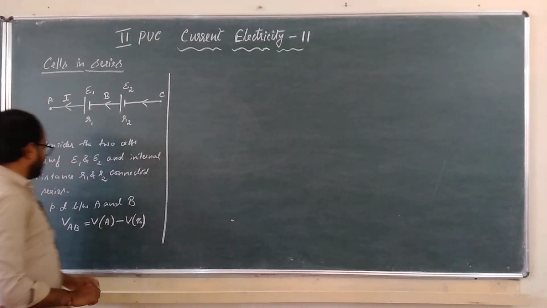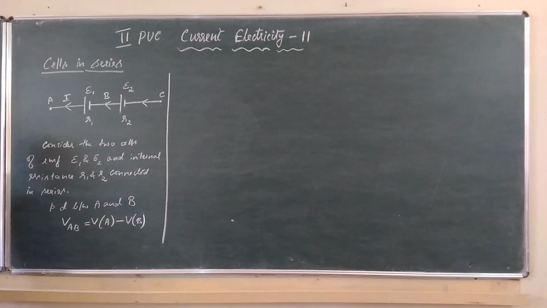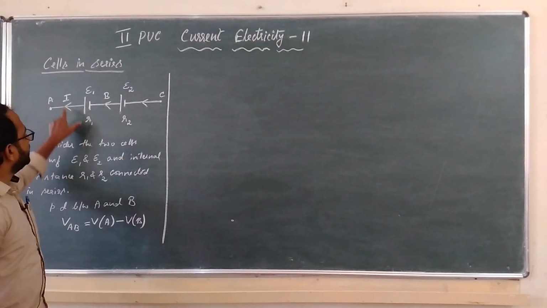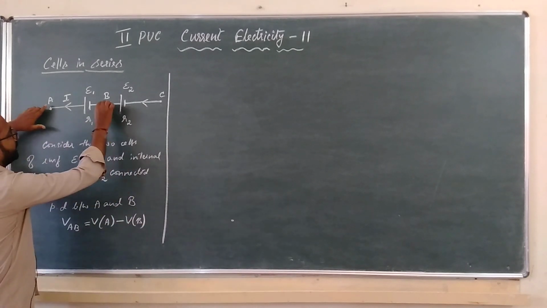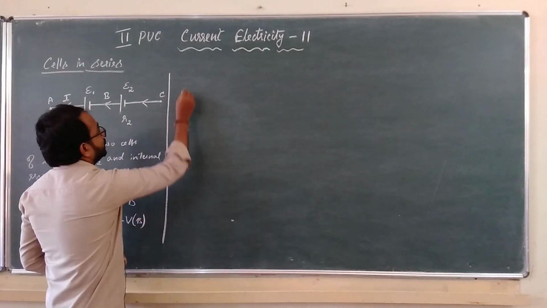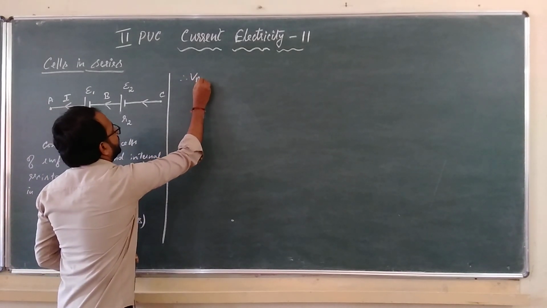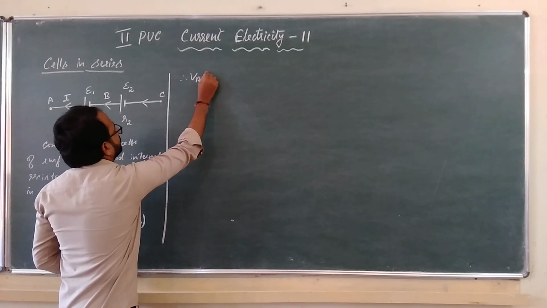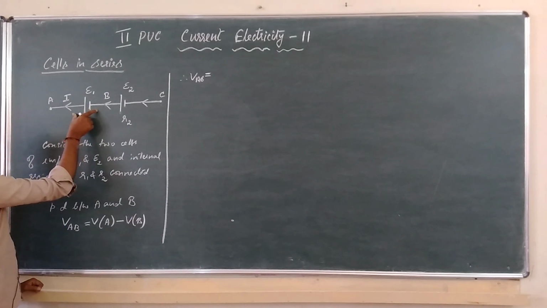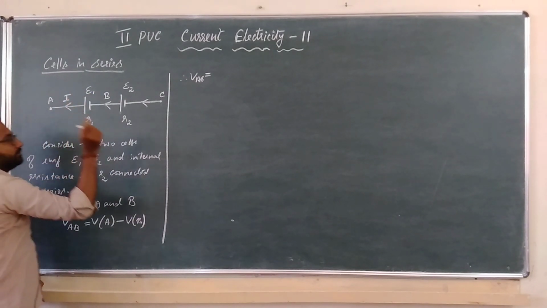So we have V is equal to E minus IR, that we discussed in the previous class. The terminal potential difference is given by V is equal to E minus I into R. See here, the terminal potential difference across AB between these two points is VAB, which is equal to, so therefore VAB is equal to E minus IR. What is E minus IR here? E is E1,